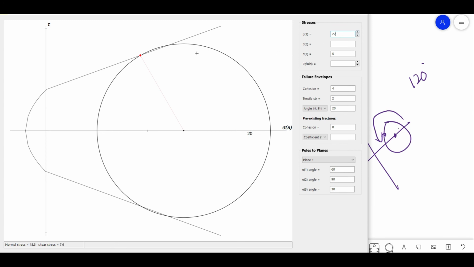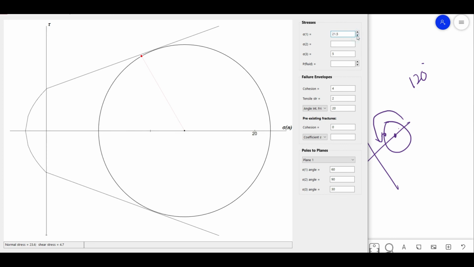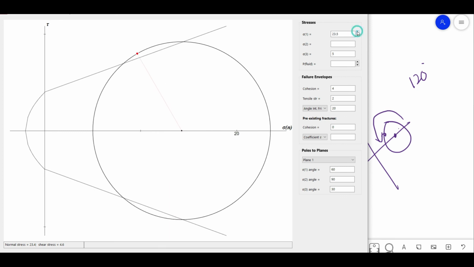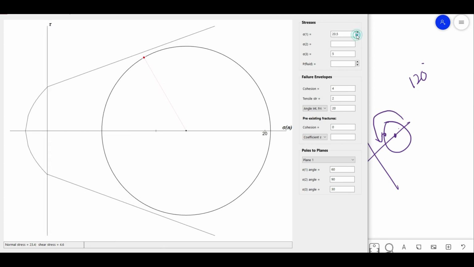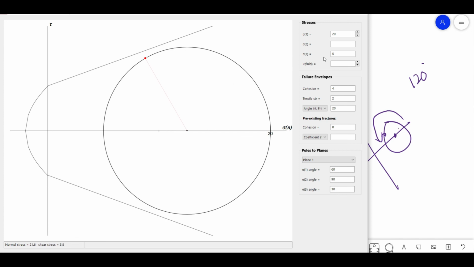Okay, but if we don't consider this particular plane, then at the value of 21.5 there is a point. Okay, sorry. Now we'll reset it again, and in the second case we'll try to decrease the sigma 3